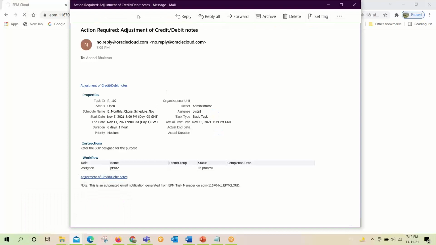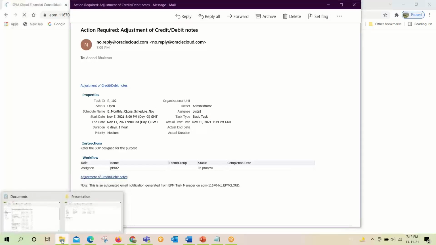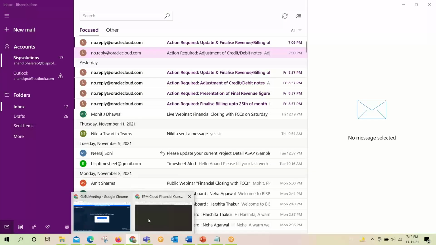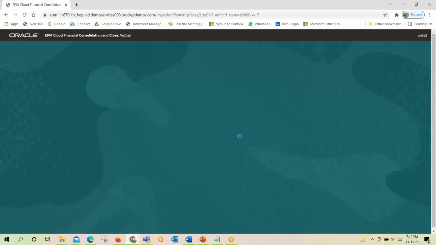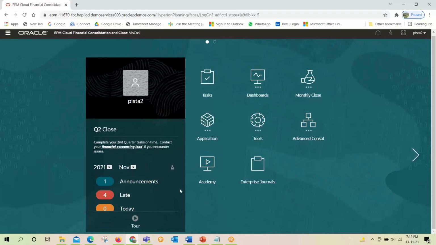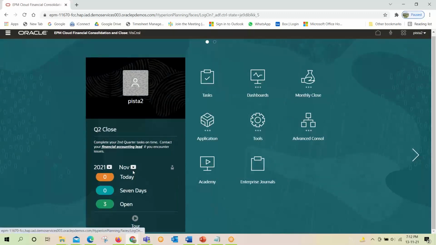So where is that first mail has gone? So this is the Pista 2 screen, and on the dashboard itself he can see the pending task and the task assigned to him.